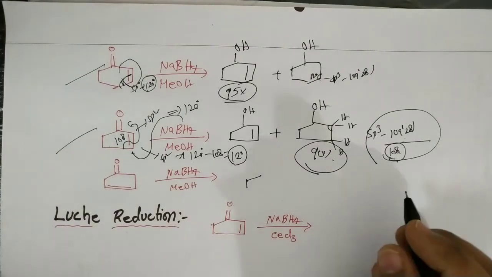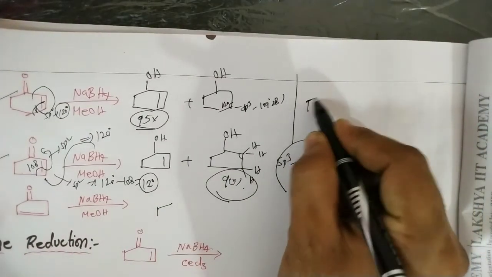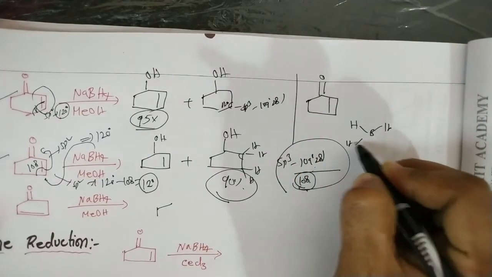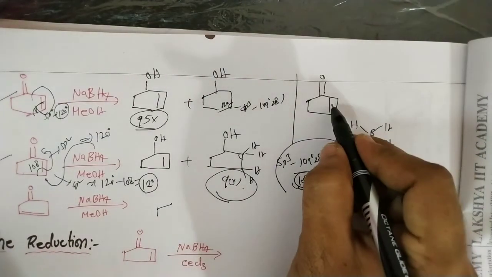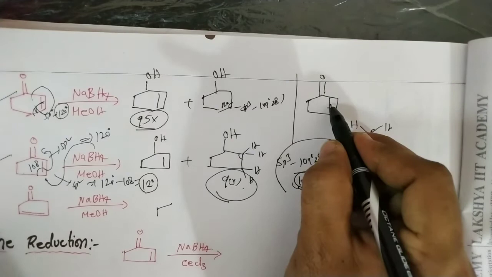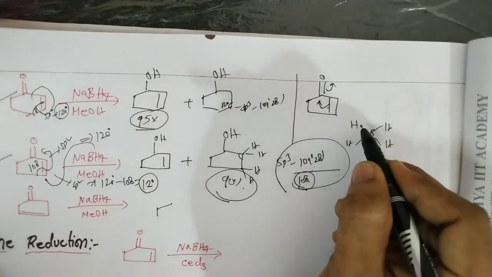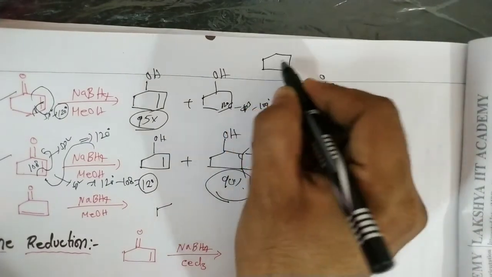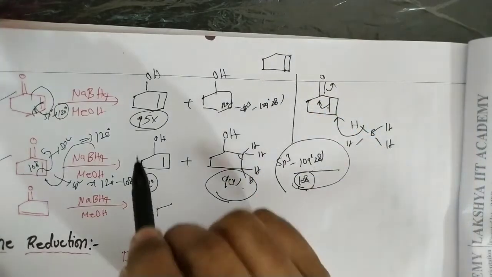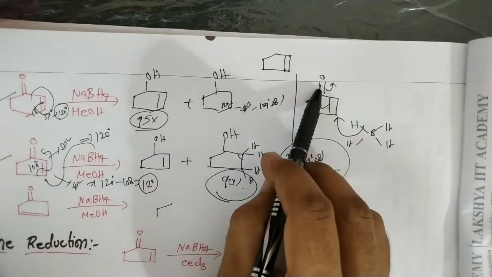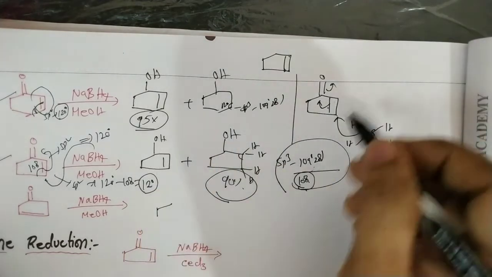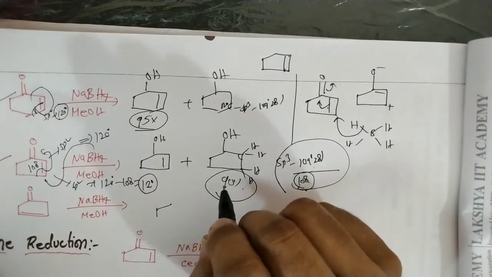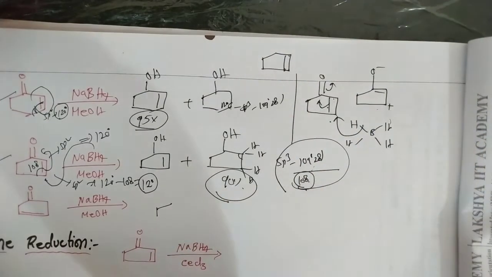Okay, so you know the mechanism of that conjugate addition reaction. Suppose here the double bond, O pi bond, here H B H, here H H. Whenever this is in conjugation, it has a polar nature. The pi electrons transfer to this one, so this one carries a positive charge, and H minus attacks this one. But generally in the norm, this double bond is not polar because it is carbon carbon, but here, due to the presence of the carbonyl group, this double bond is also polarized. So we can see the resonating structure like this, O minus, double bond, and here a positive charge. That means the C double bond is polar, that's why it is readily attacked by the H minus.